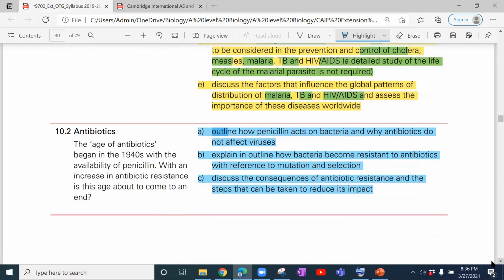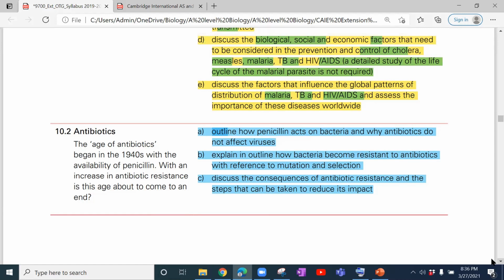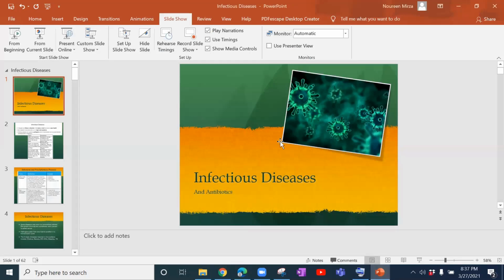Then objective 10.2 is about antibiotics, where we are supposed to outline how penicillin acts on bacteria and why antibiotics do not affect viruses. Explain and outline how bacteria become resistant to antibiotics with reference to mutation and selection, and discuss the consequences of antibiotic resistance and the steps that can be taken to reduce its impact. So let's start with the